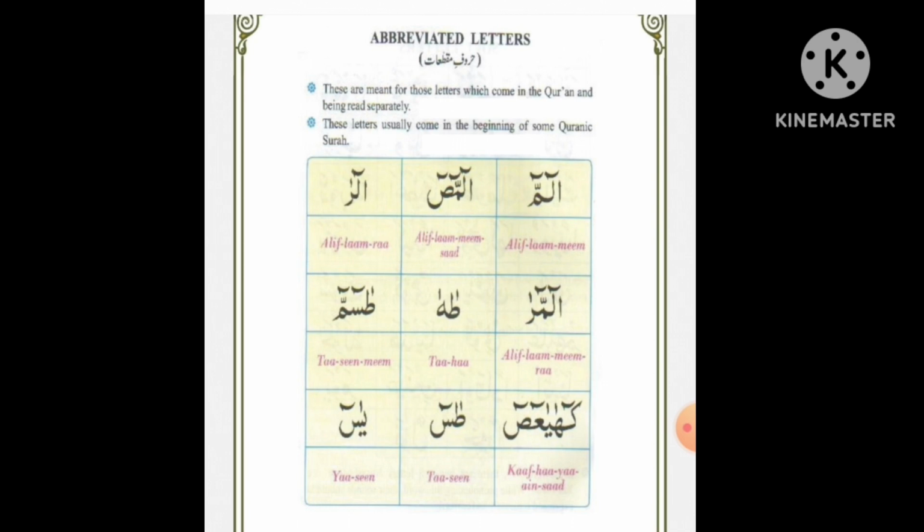Then there is a mud over the ain. Ain, sod. In ain, you have to drag the ai and then say the noon. Ain, sod. Okay, I'm repeating again. Kaf, ha, ya, ain, sod. Then you have to,